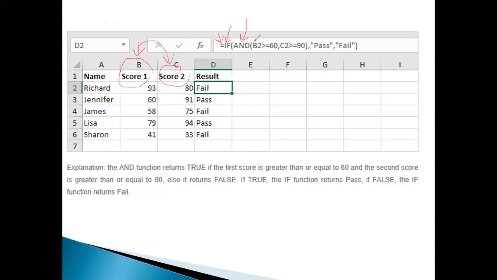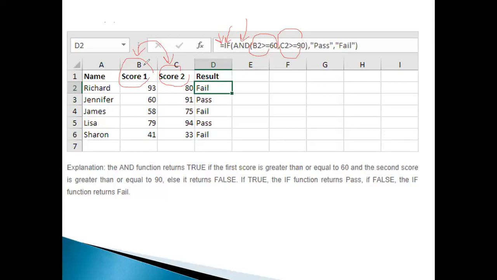Once we put the AND statement, this is the first condition and this is the second condition. Similarly, if you have more than one subject, you can use the AND statement and use the conditions accordingly.